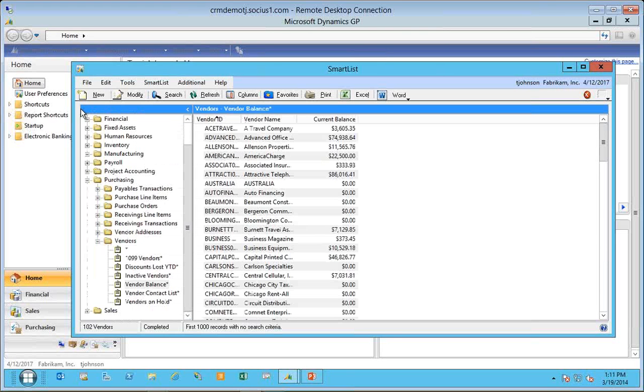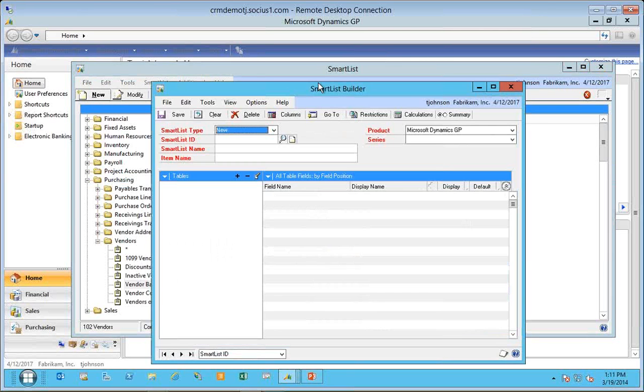And if I want to get it back, I can just come over and open it back up and access it again. Now, you'll see some new buttons here, Modify and New. And those are new with Release 2 of GP 2013. Now, I have SmartList Builder enabled right now, and if I click New, it is going to open up SmartList